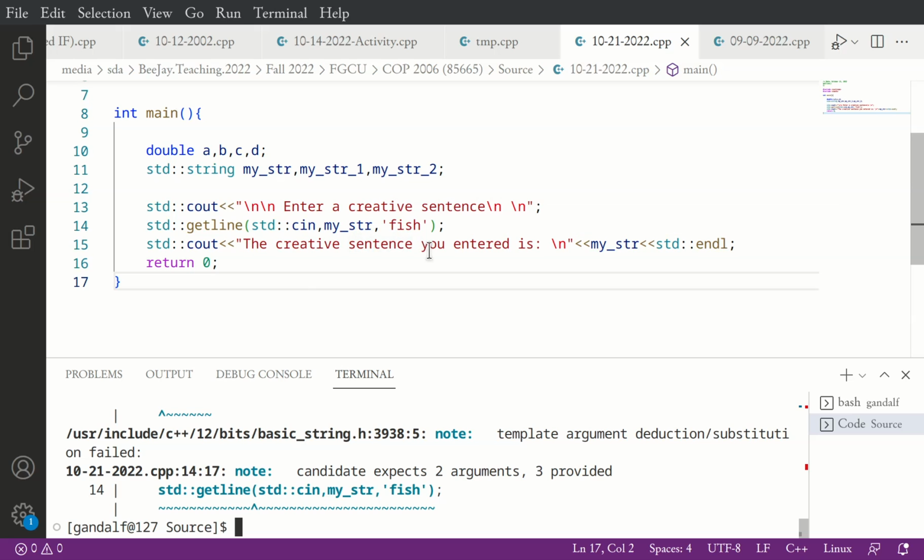So pound, good choice, as long as we don't use a pound in the input. Other options, yes, Carlos. Can it be like a single letter, like double, for example?